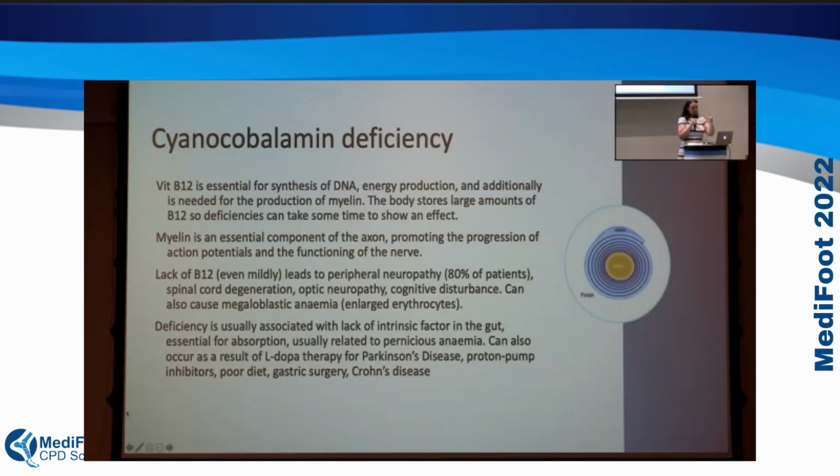Think back to the slide earlier on where we looked at the Schwann cells and the myelin surrounding the Schwann cells. If you've got no myelin, what's going to happen to nerve conduction? It's going to get reduced because you've lost that insulating beneficial effect. And so you need a really good, healthy population of Schwann cells full of myelin to get the nerve to function effectively. So if you haven't got the myelin, then your nerve cells aren't going to